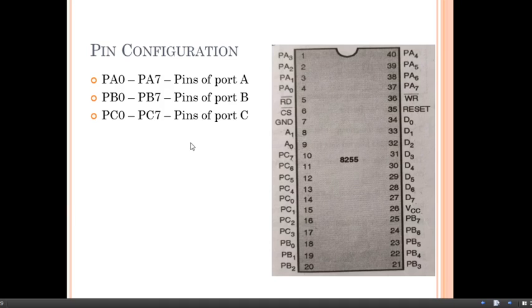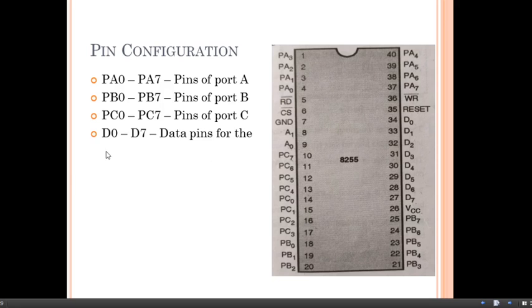These pins are divided into two sections that we can observe here clearly. PC0 to PC3, it is one section, and PC4 to PC7, it is second section. These two sections can be individually used to transfer 4 bits of data from two separate port C sections. So that port C, here we can observe it is divided into two parts. One part is called as lower port C and another part is called as upper port C.